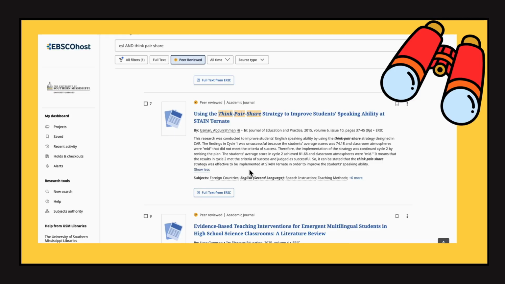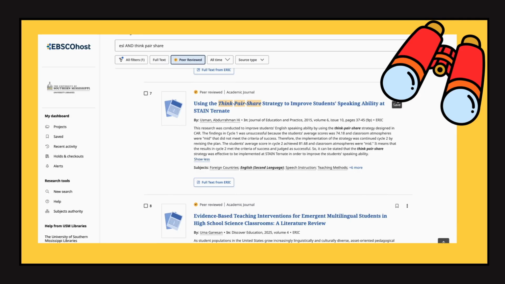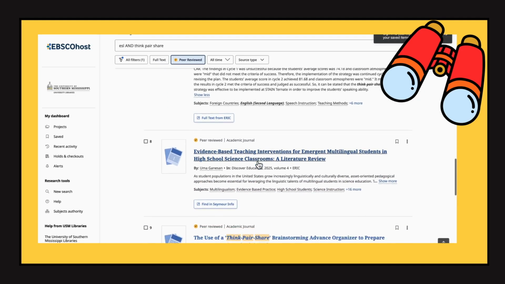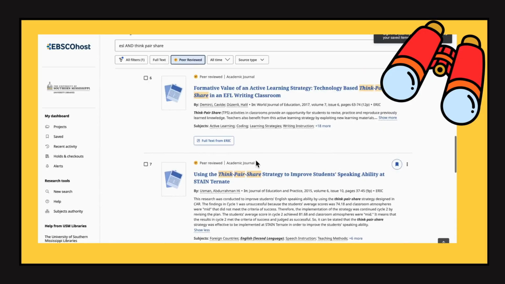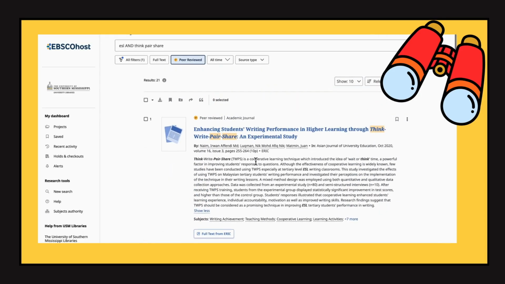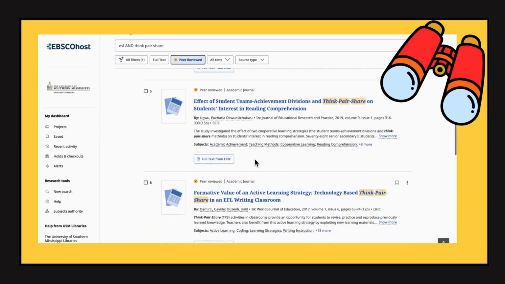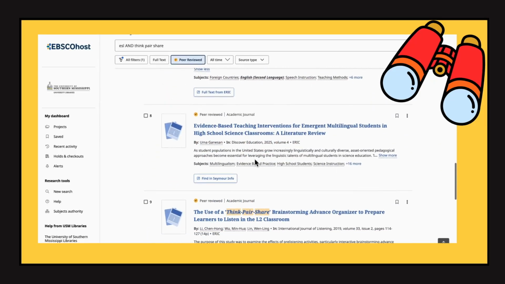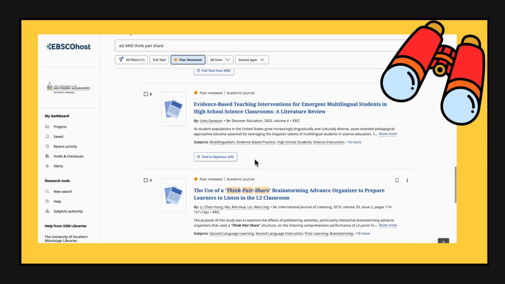Again, let's see, where are we? What is Steyn-Ternate? I don't know what that is, but it might be worth coming back and taking a look at it. So I'm just going to mark it there. So again, I'm not going too deep. I'm just going through kind of quickly and looking and seeing if I can rule out some of these and rule in some of these so that I'm not wasting a lot of my time,